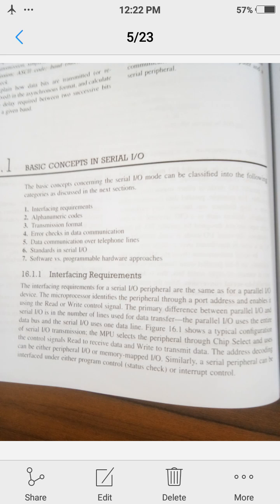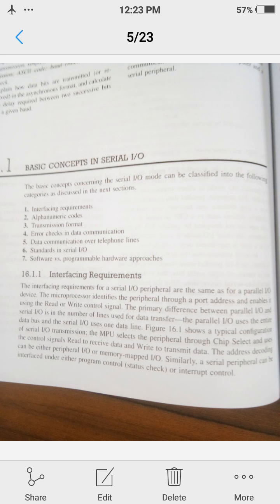Then what should be the standard for interfacing various types of equipment, because in both equipments between which data is being transferred, compatibility is needed. What are the trade-offs between the software and hardware approaches in implementing this serial IO? These are so many questions which concern our topic, especially serial data communication. So we will discuss all this in this chapter.